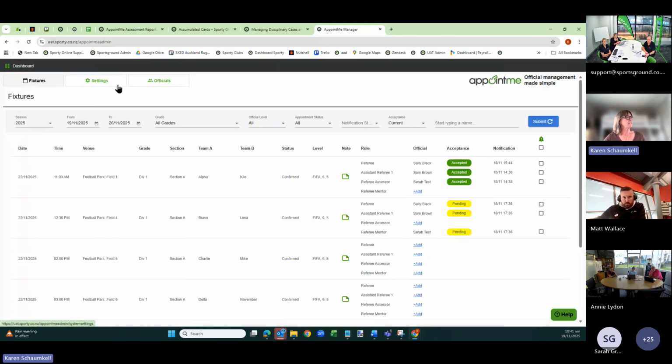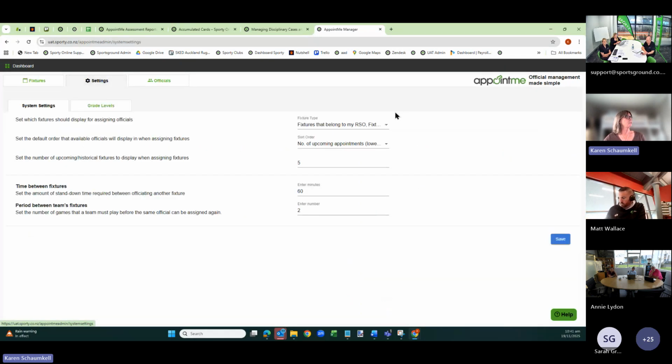You've got a settings area here, and this is where you choose which fixtures you'd like to see in your Appoint Me, whether they're just the ones that belong to you as an RSO, or any fixtures that are assigned to your venues as well, if another federation is using your venues. We would recommend that both of those settings are invoked.